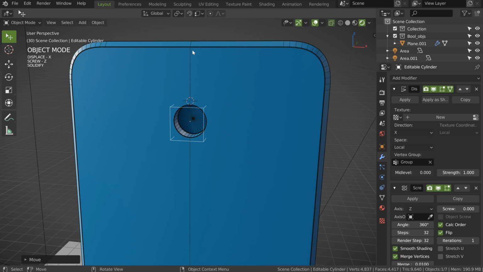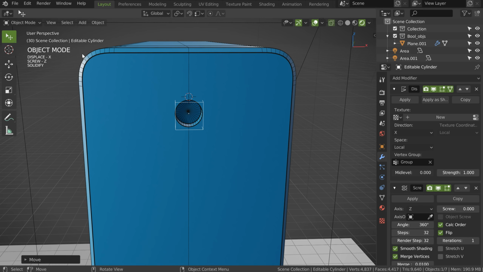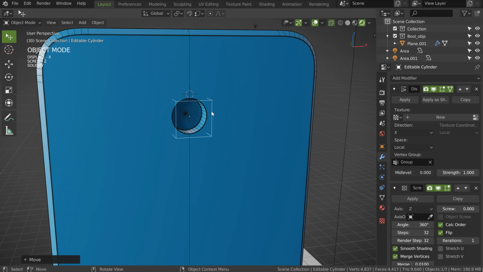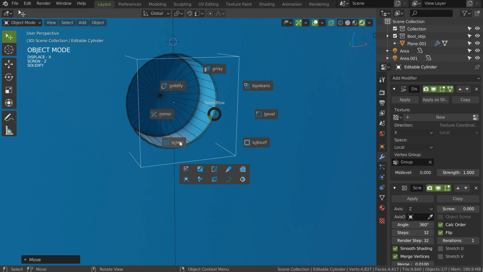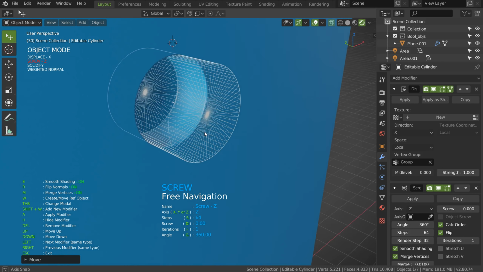And as you can see, since we created this line, I don't have some lines that come in every direction. I have something really, really clean, and for me this is really nice. I will maybe increase the number of segments of this one to 64, and that's it. So as you can see, this is nice.